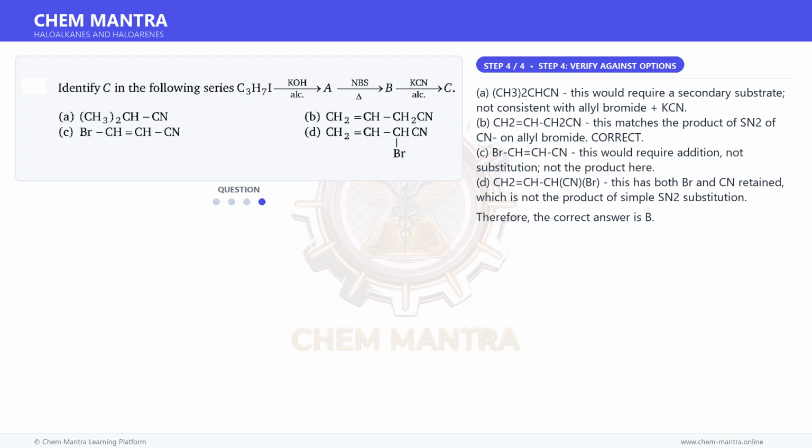A. CH3-CH2-CN, this would require a secondary substrate, not consistent with allyl bromide plus KCN. B. CH2=CH-CH2-CN, this matches the product of SN2 of CN on allyl bromide. Correct. C. BrCH=CH-CN, this would require addition, not substitution, not the product here. D. CH2=CH-CH(CN)Br, this has both Br and CN retained, which is not the product